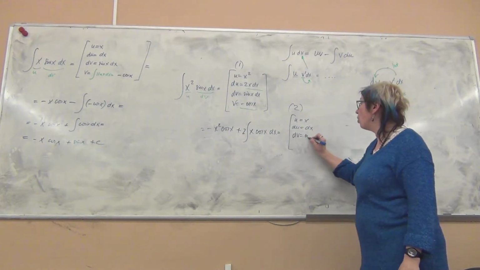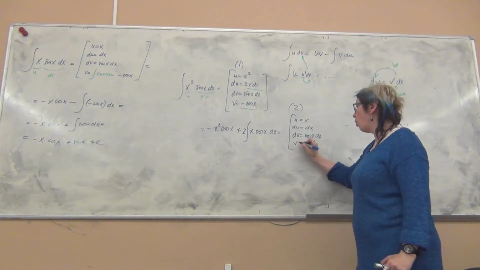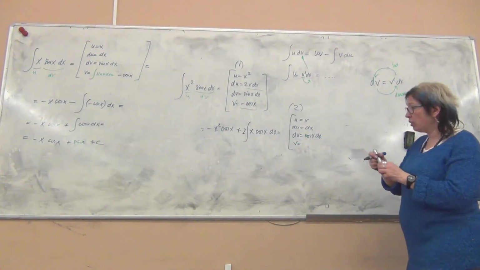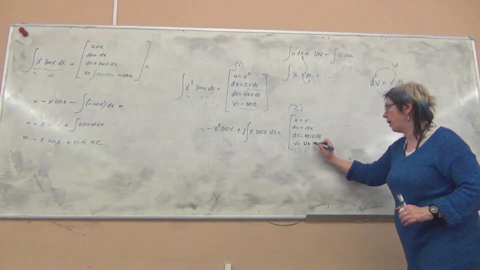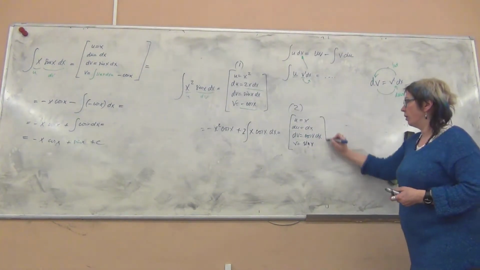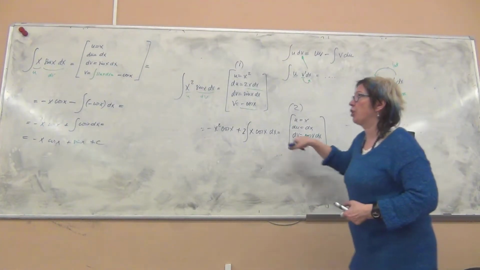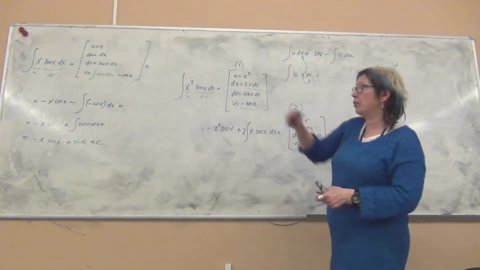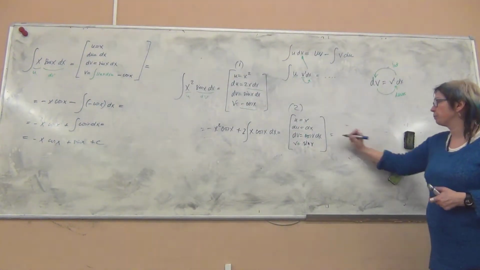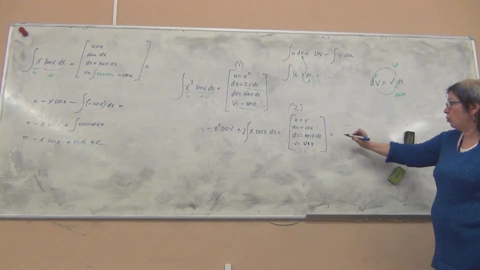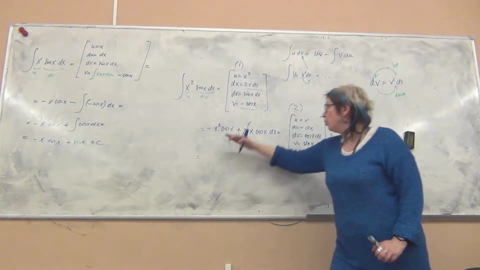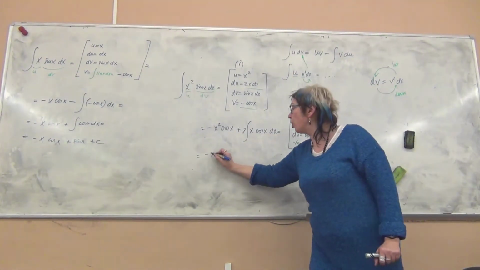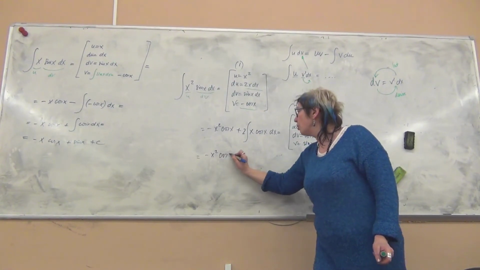dv is now cosine x dx, so v should be the integral of this. Sine x. Okay, the integral of cosine is sine x. So you don't have to write the integration here, or you can. I wrote it in the first example. I'm not writing it again. So now we have, and again, it's good to write things below each other so that you can follow what's going on. So I'm simply copying this, minus x squared cosine x